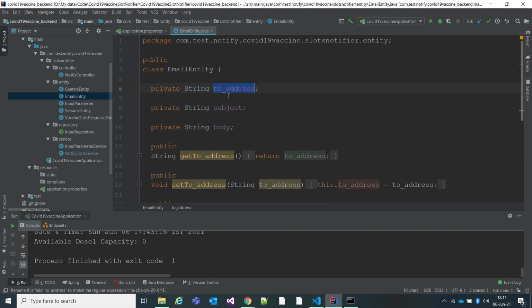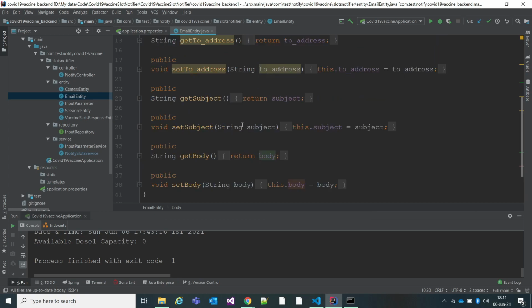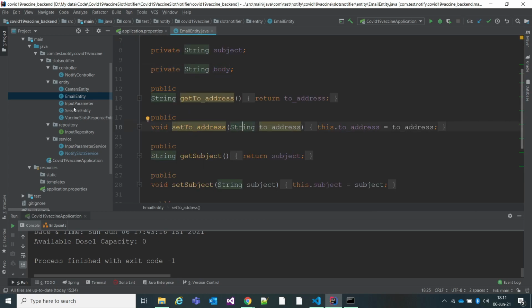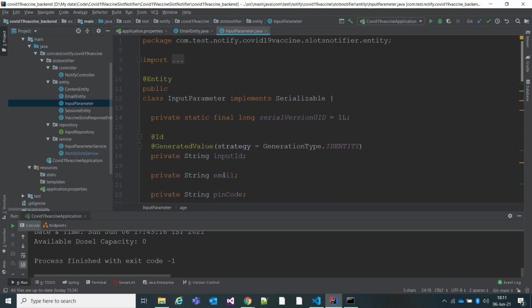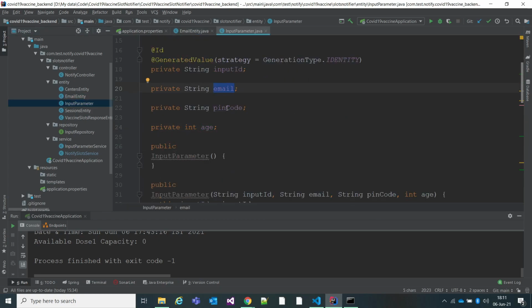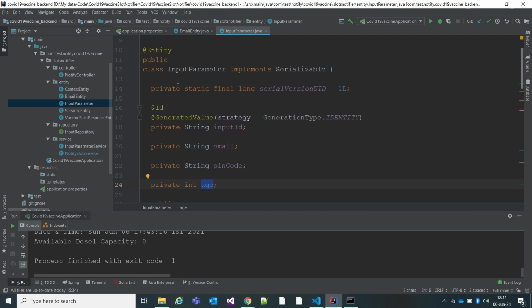So email needs to address, subject, and body. So just create three private variables and getters and setters for that. Then talk about input parameters. What are the input parameters? What are the details we need from the user? Email, pin code, and age. And as this will be my